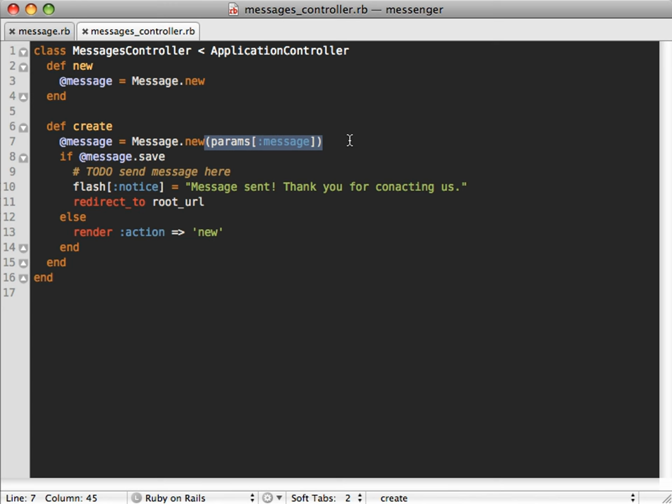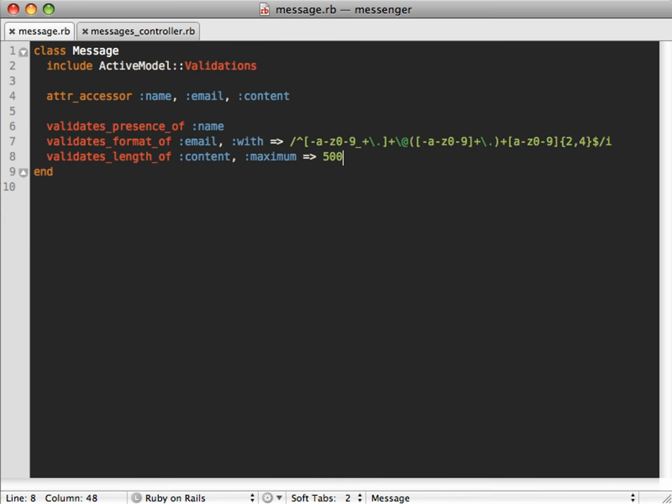So this new method here won't work because we don't have an initialize method which takes a hash of attributes. We can create that. And also save won't work obviously because we aren't trying to save the record anymore. Instead, let's just check if it's valid because we have some validations on our model. And then we'll just send it if it is. So the last thing we need to do is going back to our message model here is now define an